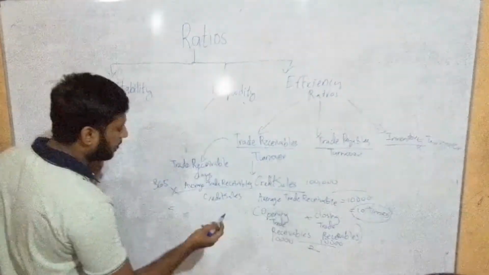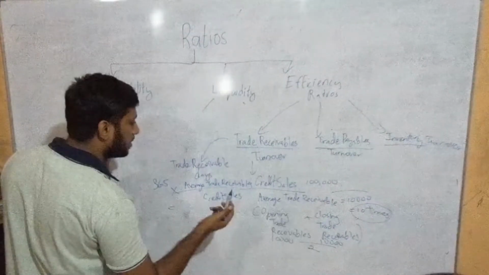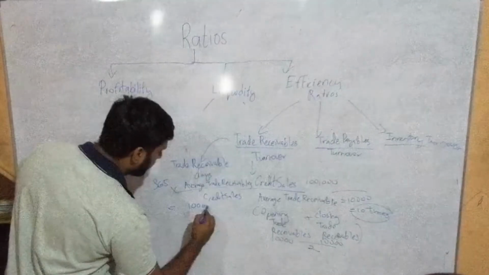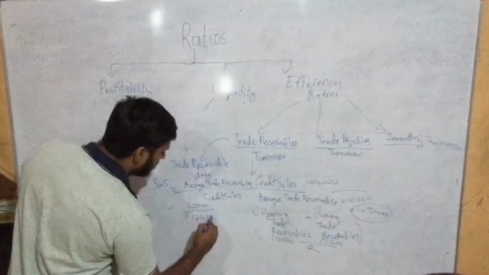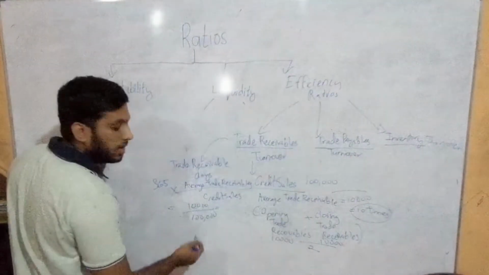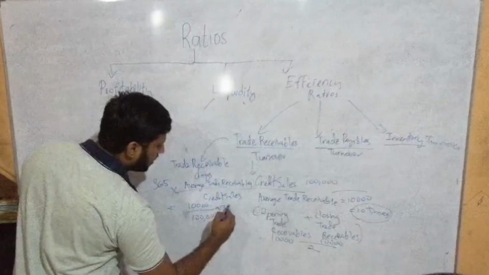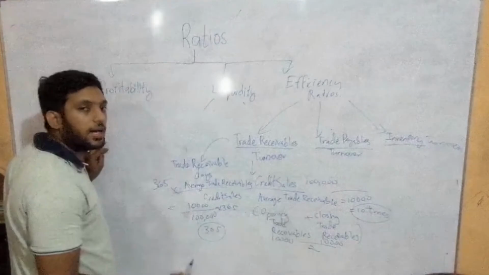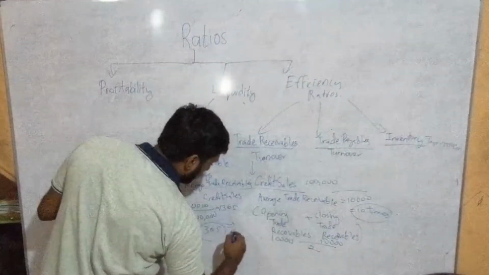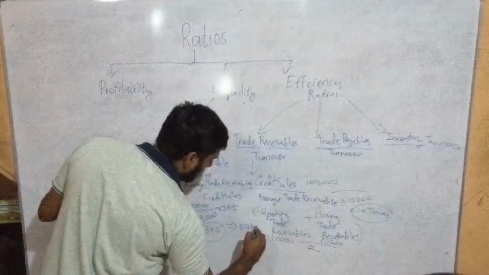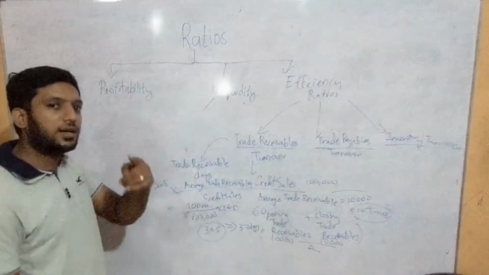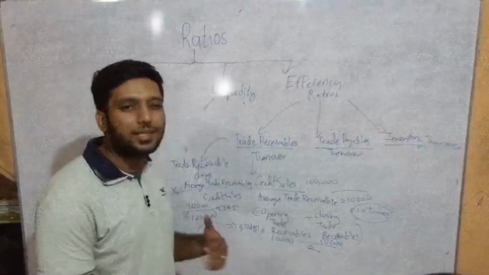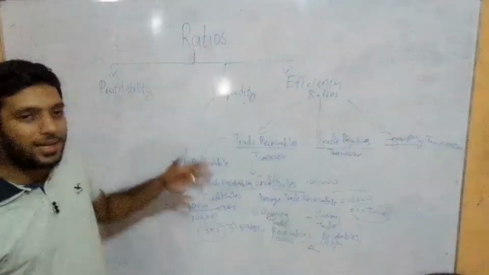So most of the time, if you get an answer, how much? Maybe I'm just giving you an example. Now 10,000 is here. Okay, divide by 100,000. So I get 0.1. So I will multiply it into 365. So I get 36.5 days. If you get like this, guys, you can also write 37 days in your exams. Examiner says no problem, I'll give you marks. So he's concerned that he can give you marks even if you round off if the days are just nearby. So that's what you need to know when it comes to trade receivables turnover.